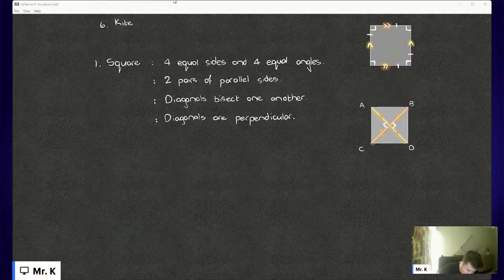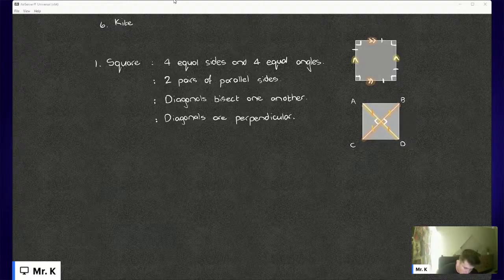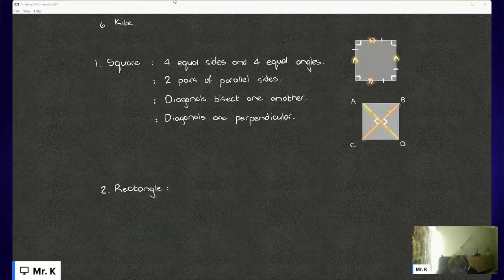I'm going to leave these over here to the top right. If you need me to come back to them, please let me know. Shape number two, we need to discuss a rectangle. What do we need to know about rectangles? Again, there are specific properties. It's no surprise that the basic properties are obvious, right? We know that